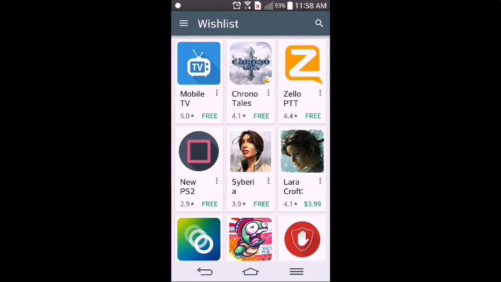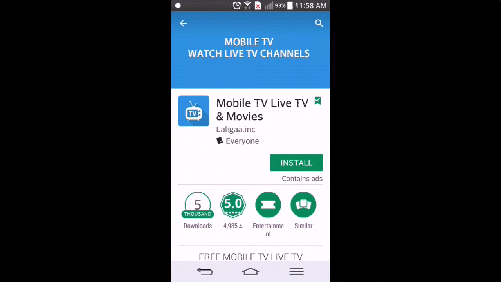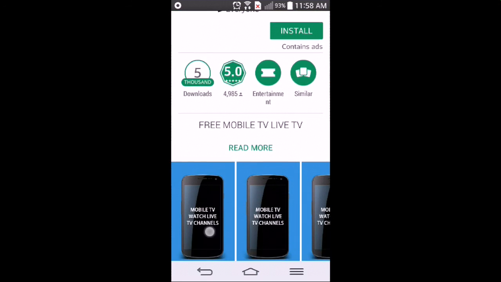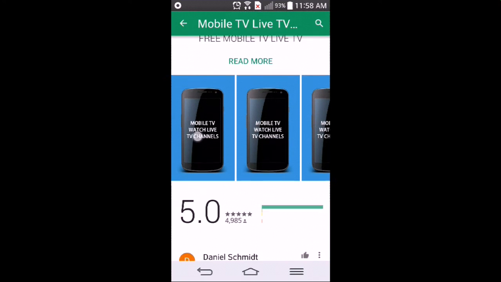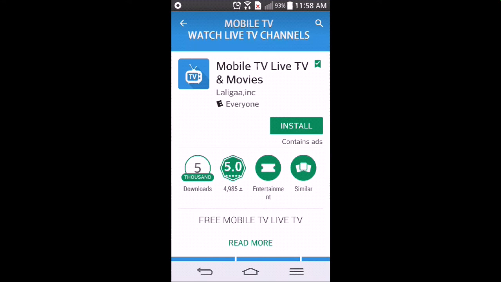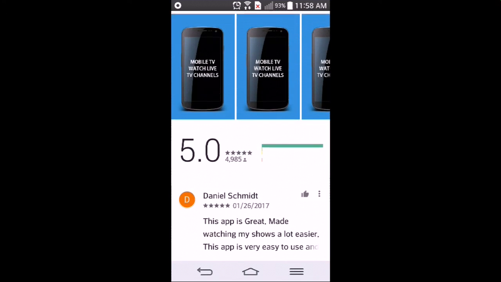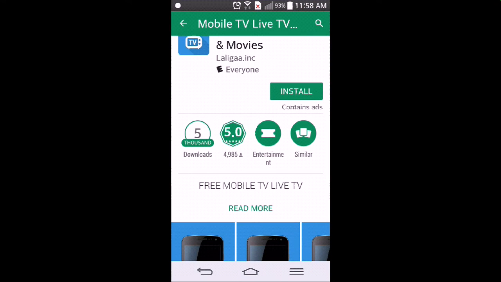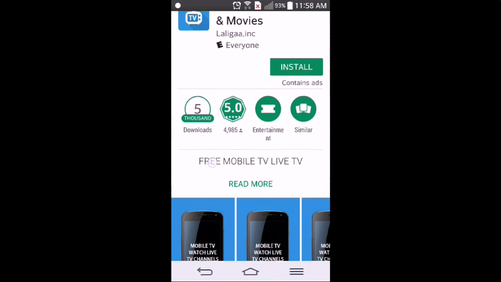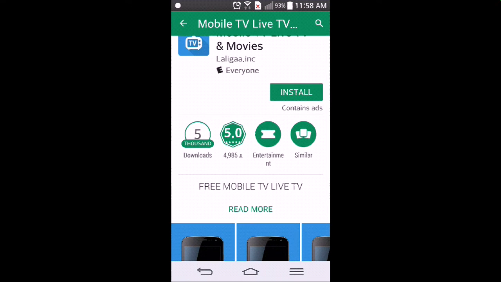So if you think an app rated at a 5.0 should be perfect, well, in actuality, all apps start off at a 5.0, but it's determined by how many people have downloaded it and their feedback as to whether the app will stay at that level. This is a fairly new app, and it only has 5,000 downloads. So what determines